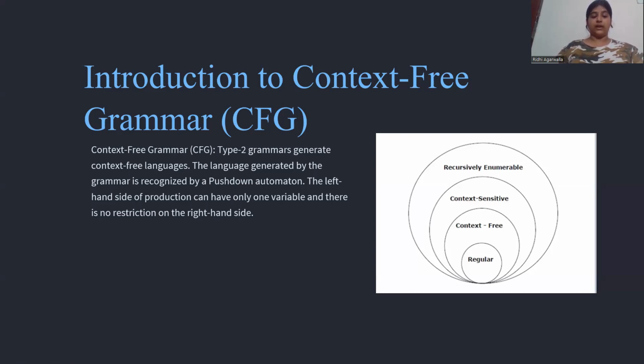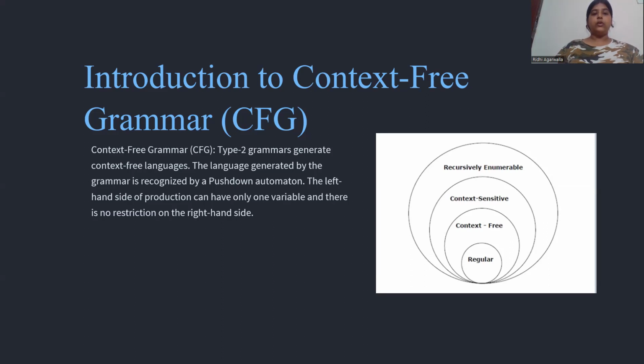generate context-free languages, which is usually recognized by push-down automata. Then comes our type 1 grammar, which is context-sensitive grammar, which is the language generated by linear bound automata. Then comes the recursively enumerable grammar or the unrestricted grammar in type 0 grammar, which is basically used in Turing